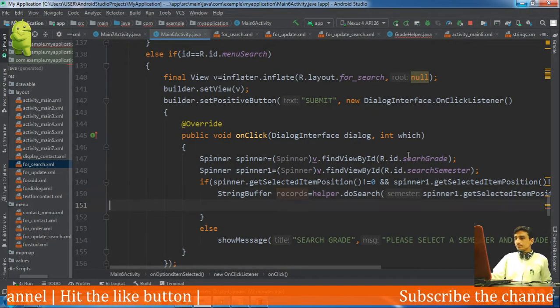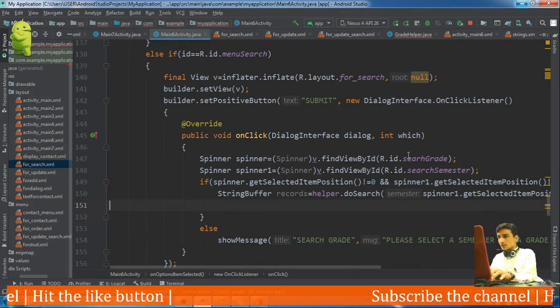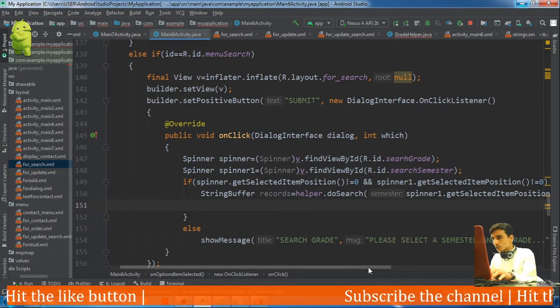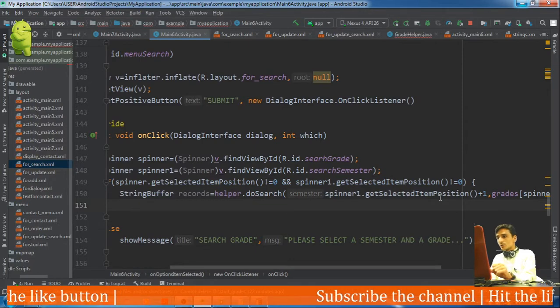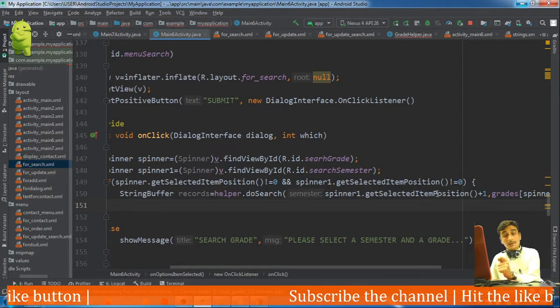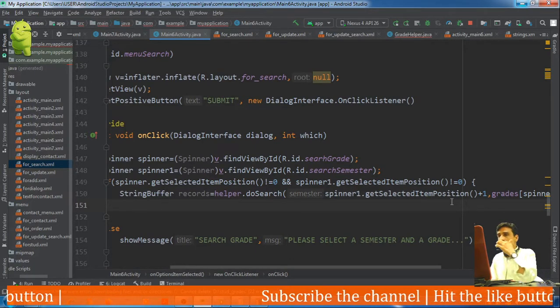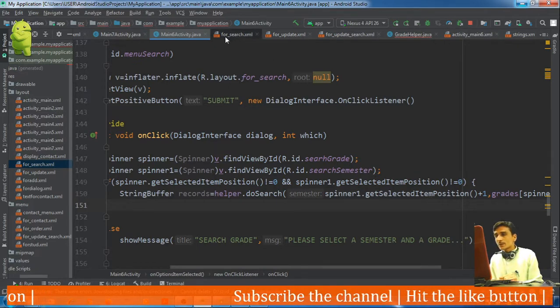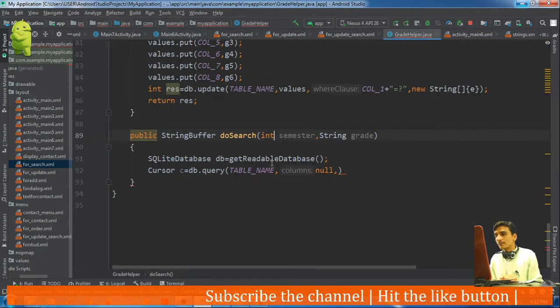I will pass the selected position plus 1, because at position 0 it is not semester 1 but it is select a semester. So I am passing the number of the semester.